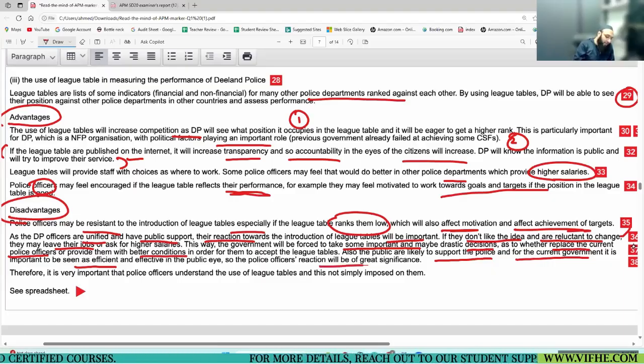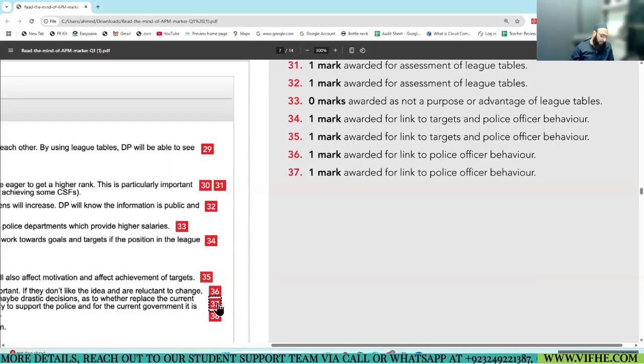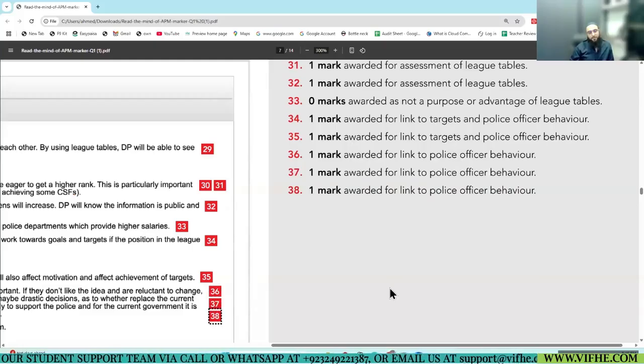So police reaction will be of great significance. Again, highlighting the impact on behavior. So you can see all these are marked and you're getting the marks. Everywhere it's 1 mark, 1 mark, 1 mark, 1 mark, 1 mark for a valid conceptual point.